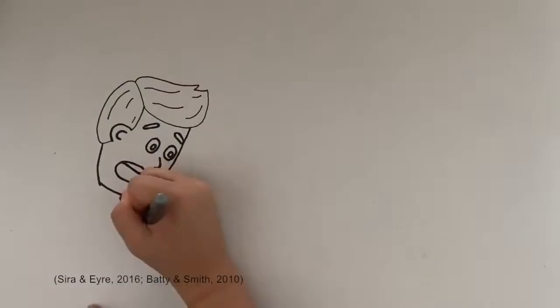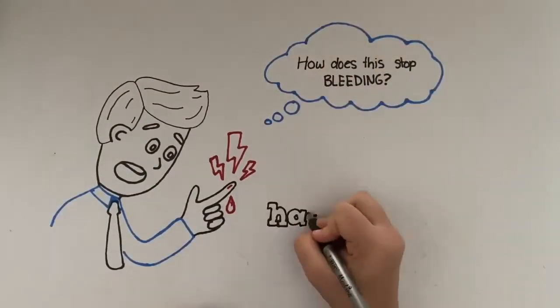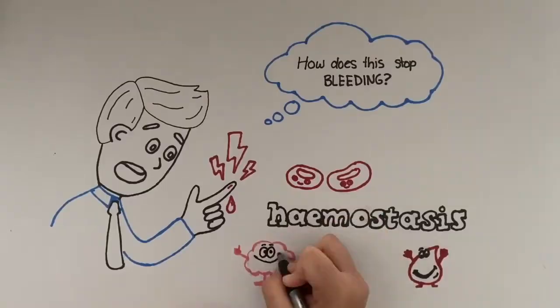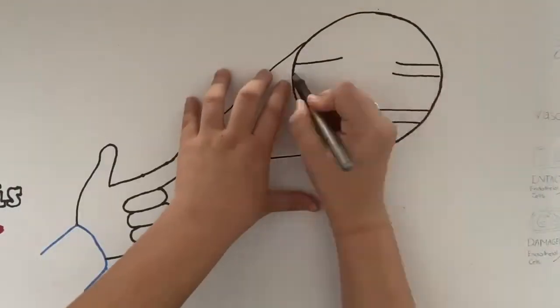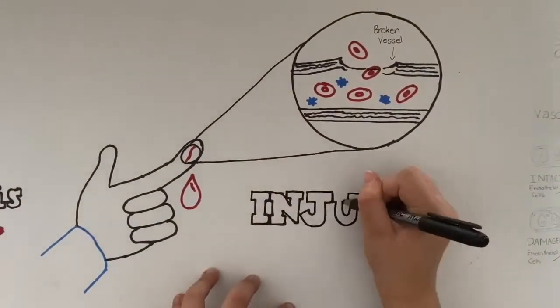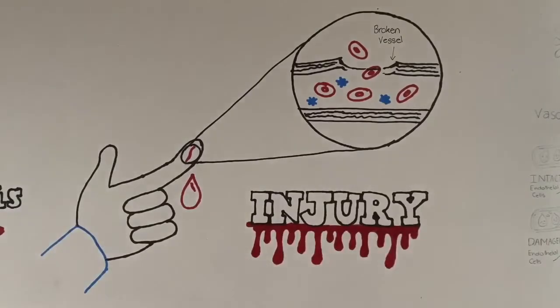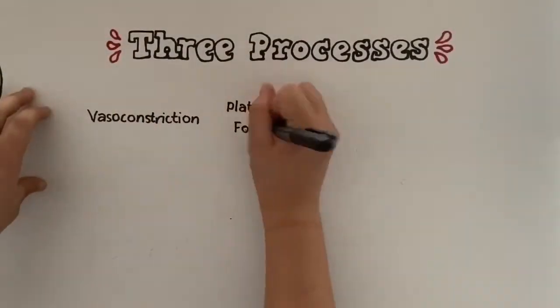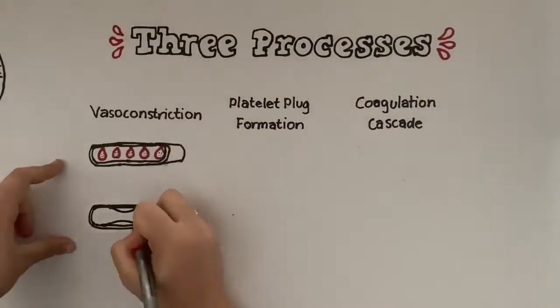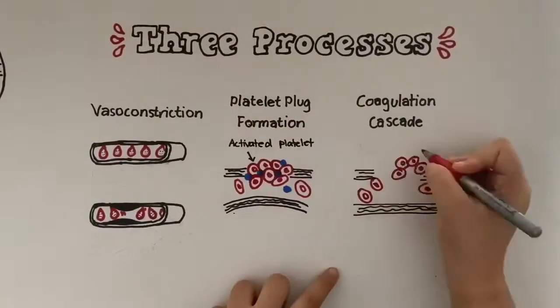Ever cut your finger and wonder how it stops bleeding? Well, this is a mechanism known as haemostasis. It is a physiological response to a blood vessel injury which stops bleeding. Haemostasis consists of three processes which occur in a rapid sequence: vasoconstriction, formation of a platelet plug, and the coagulation